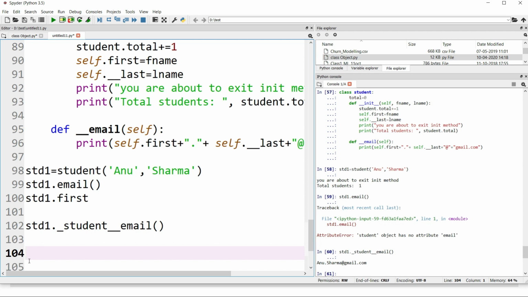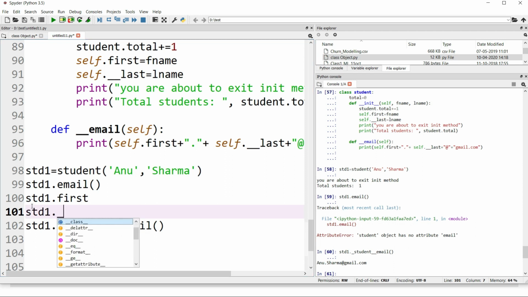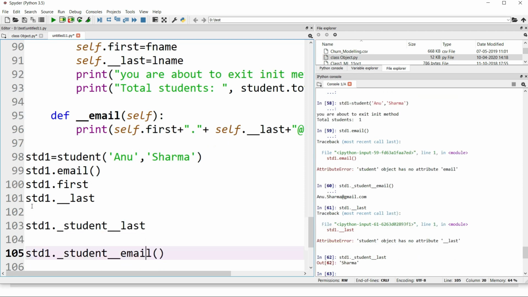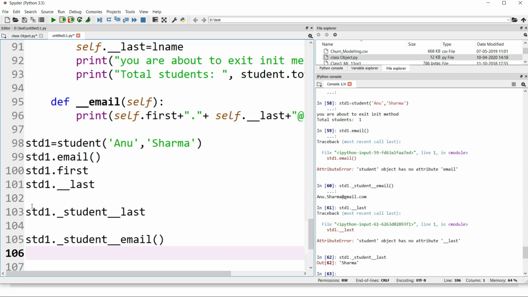Similarly, if I want to access my private variable, the variable name was last, can I do so over here? I'll just show you. I was not able to access my private variable outside the class. When I tried accessing it, I was not able to do so. Now I want to access this variable also outside the class. So what I will do is the same method: object name dot underscore the class name, and my private variable. Now let's see if this works out, and it works out. It's giving me my last name. I hope this makes sense to you.